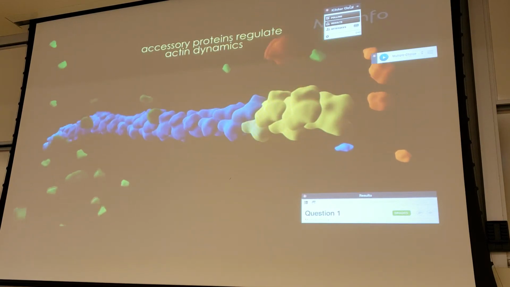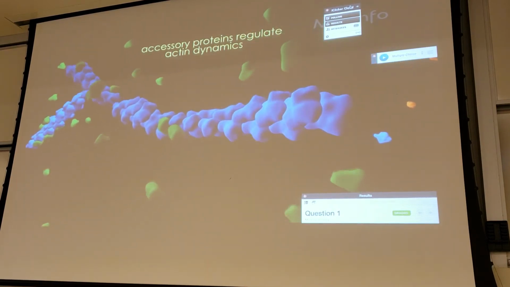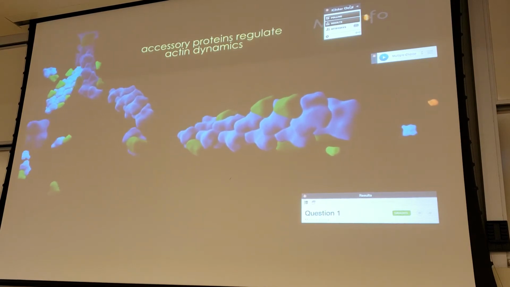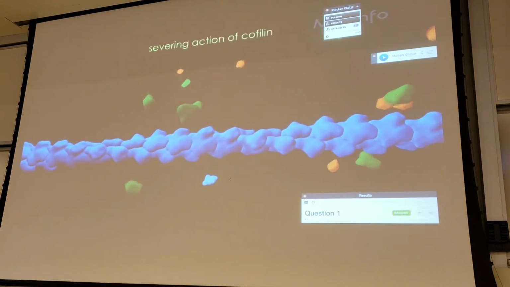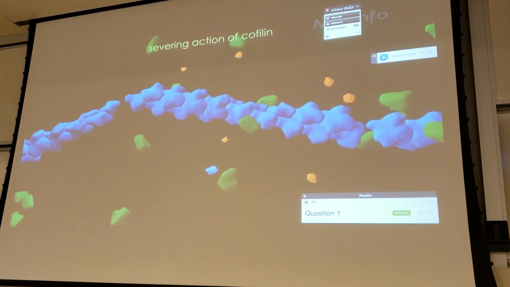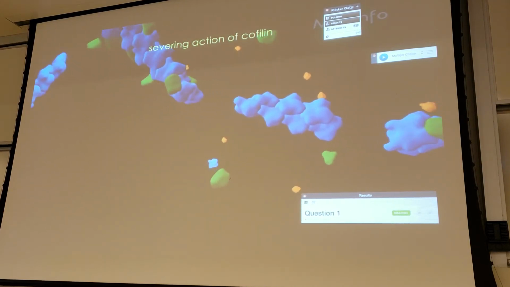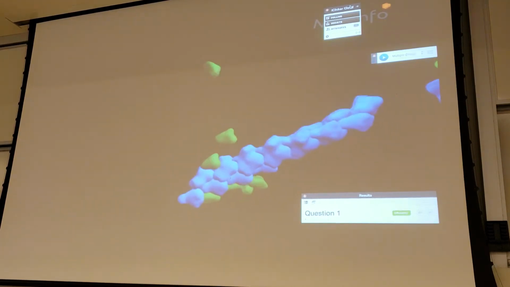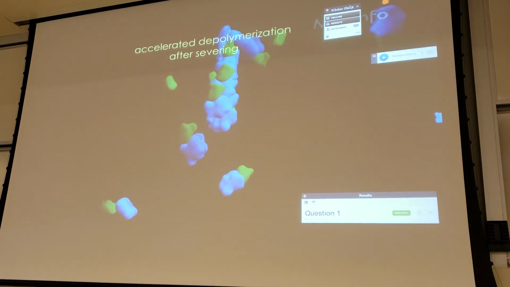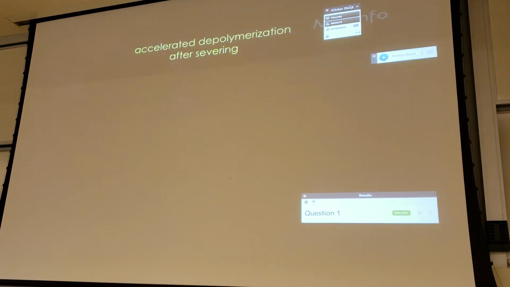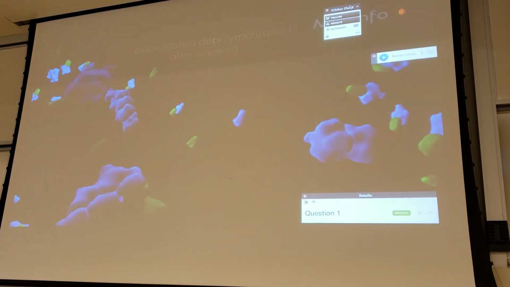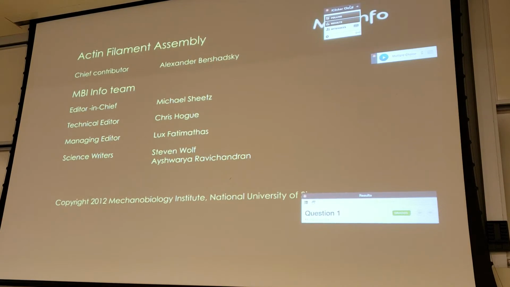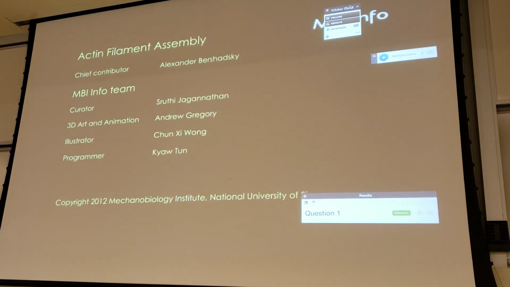And then this green guy, cofilin, can come in and break up filaments in the middle, right? Normally the actin monomers are added on one end, but the cofilin actually can help break apart an existing microfilament. And then once you have small filaments, apparently the process accelerates. So these are just some players. Really, I wanted to show you the first part of the video to visualize how